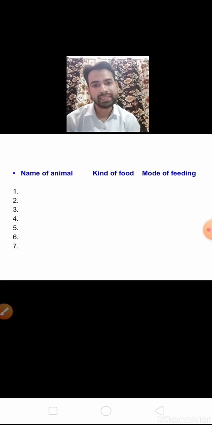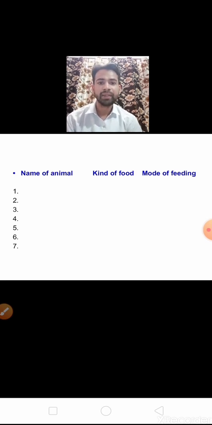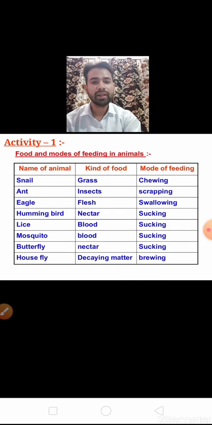Other than these animals, you can take 7 animals or any other organisms, write their name, and in front of them write their kind of food and the mode of feeding. Okay, it's like a sample for you.